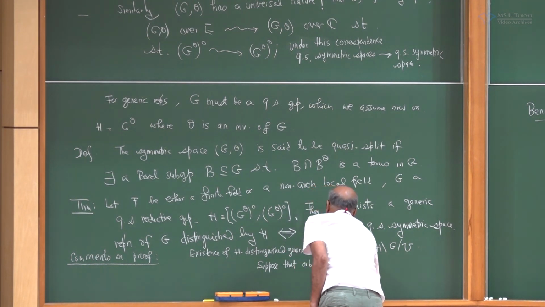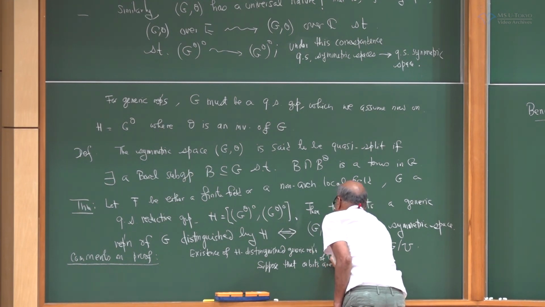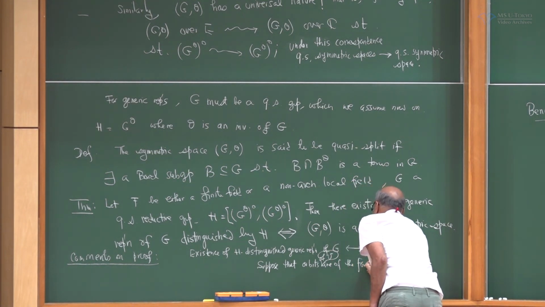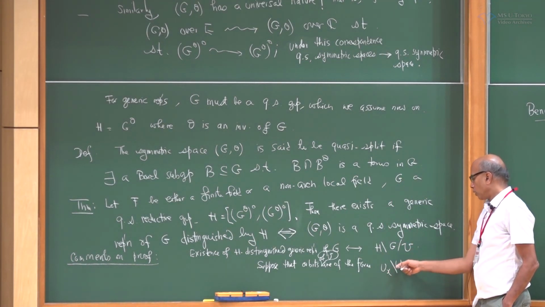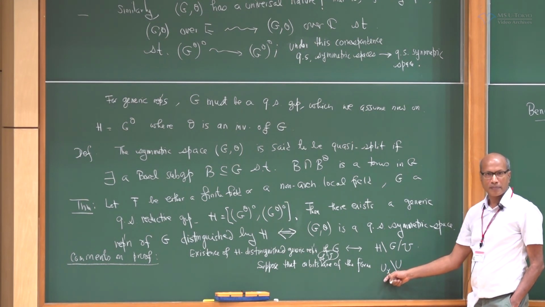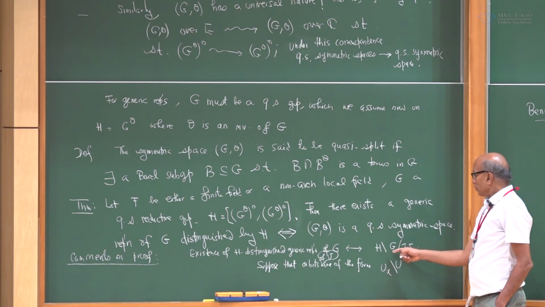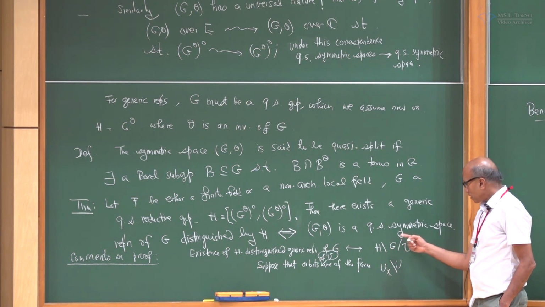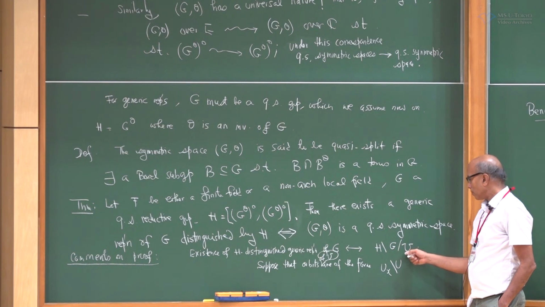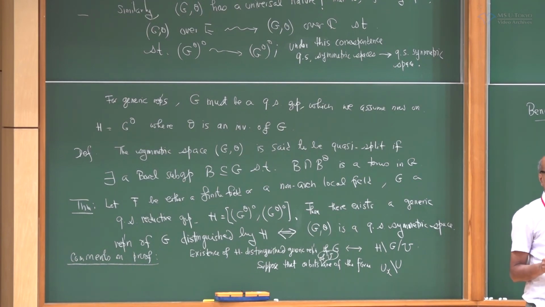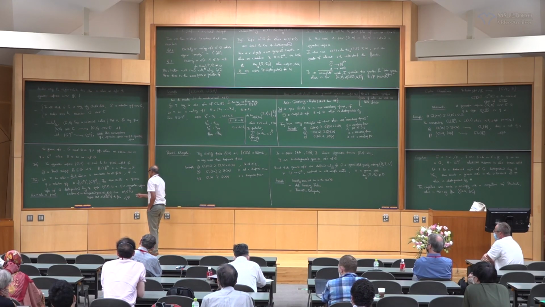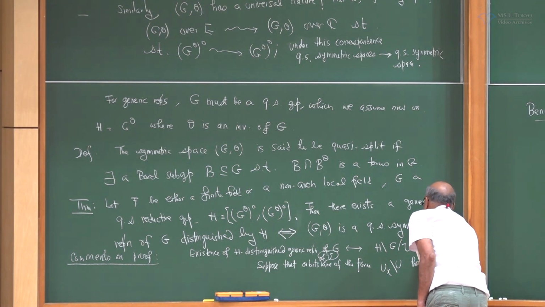You see, on G mod H the group U operates, and therefore orbits are U upon some stabilizer. So instead of proving that a particular representation on G mod H has a Whittaker model, we just want to know whether this whole space has a Whittaker model. And so this U mod Ux has a Whittaker model